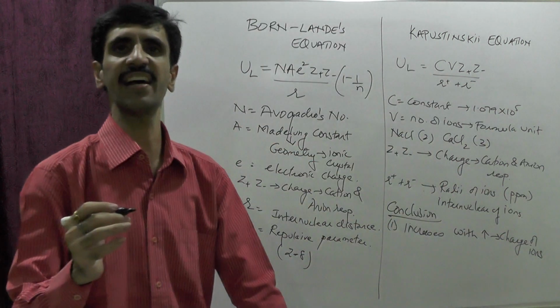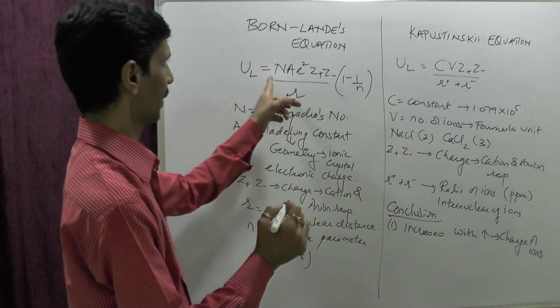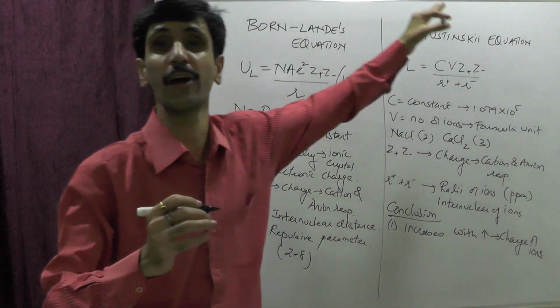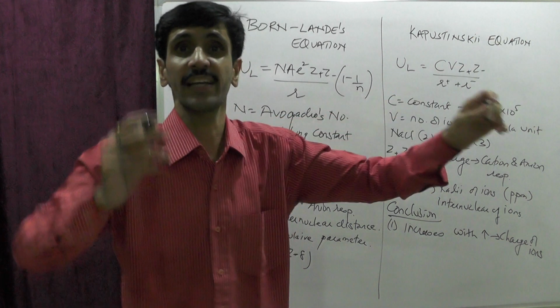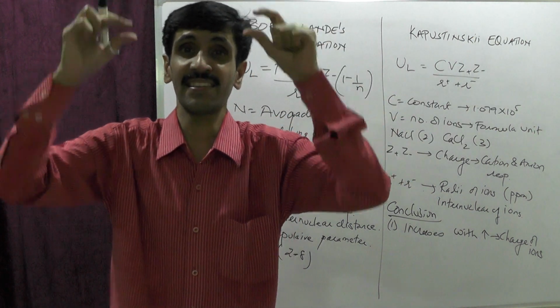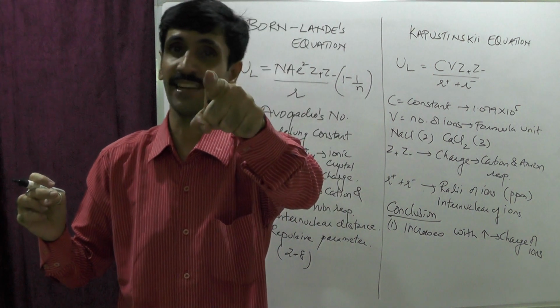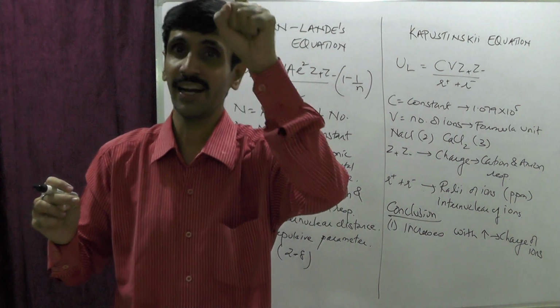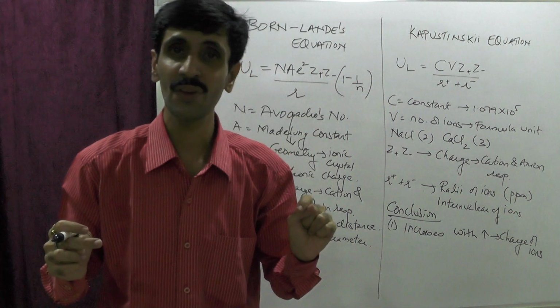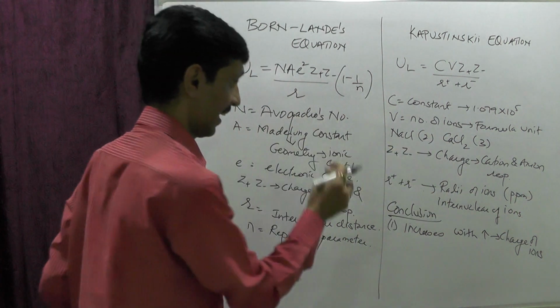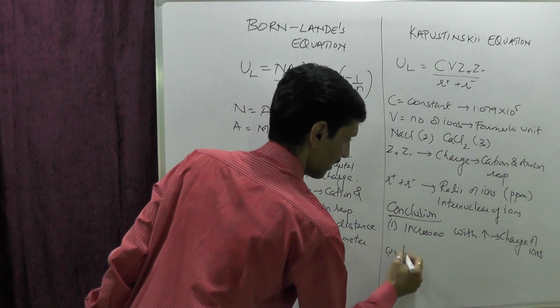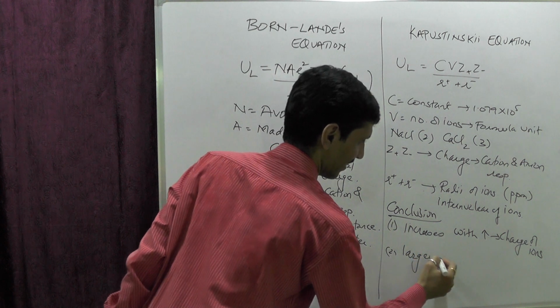Okay, increase with the increase in the charge of the ions. देख सकते हो चाहे आप Born-Lande equation देखो या फिर Kapustinskii equation देखो. Okay, the charge, that is Z plus and Z minus, are in the numerator. और numerator है तो obviously आप जानते हो कि it has to be what? Directly proportional. Okay, अब दूसरा है, it is second point, lattice energy is going to be larger